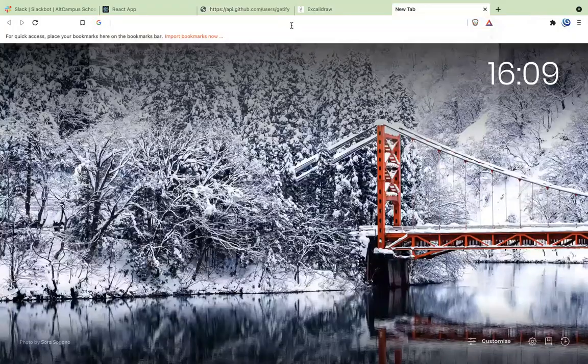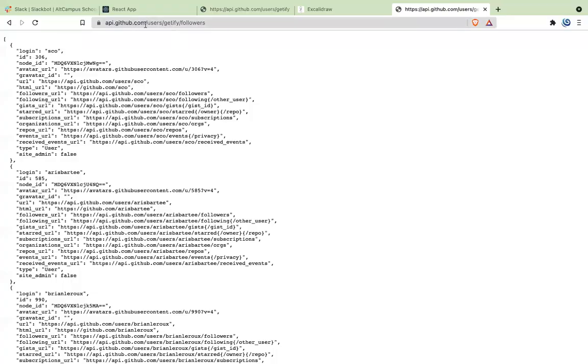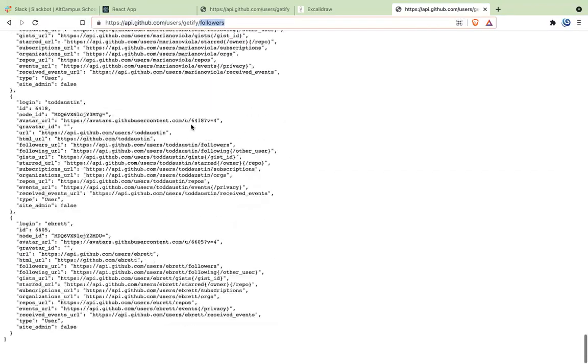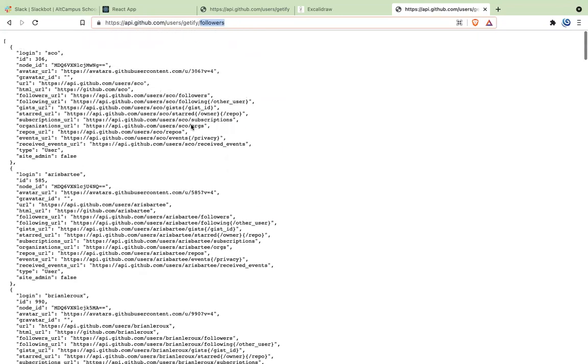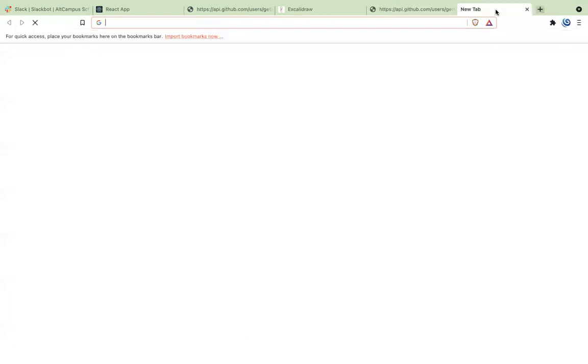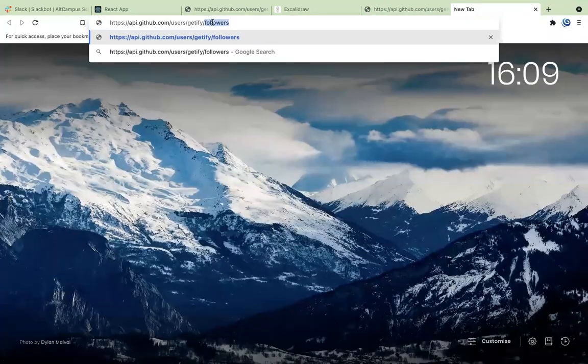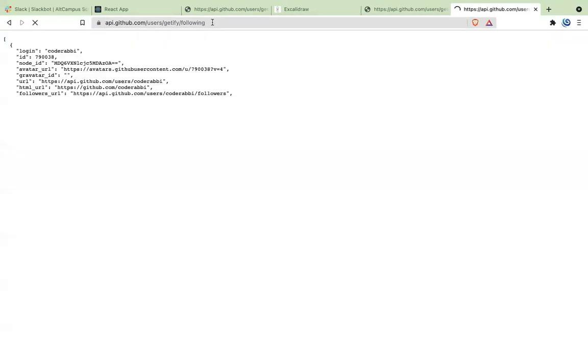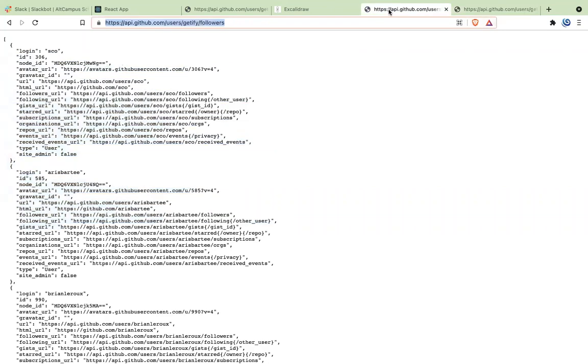So for example, if you go to api.github.com/users/any username/followers, it gives you a list of all the followers that you have, right? That is what it gives you. Similarly, if you go to the next tab, you just say following, you have other information or other people here. Okay. So the app is going to be very simple.